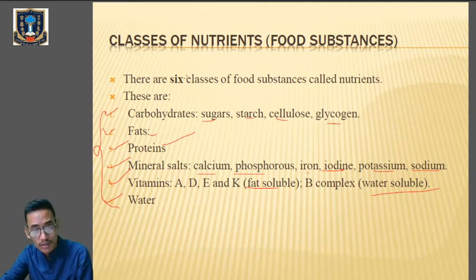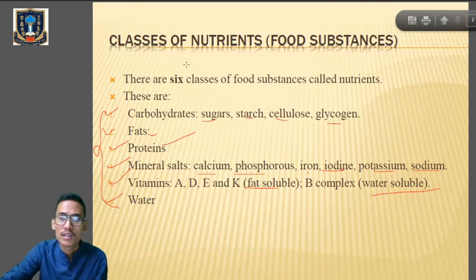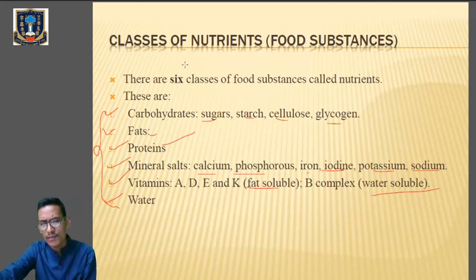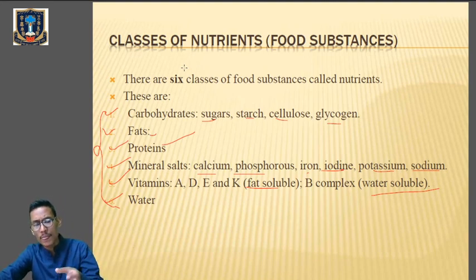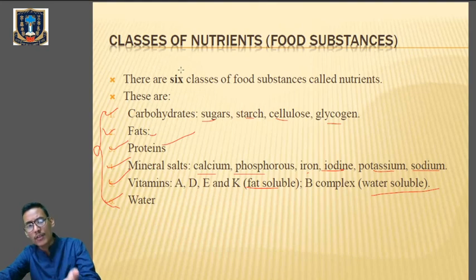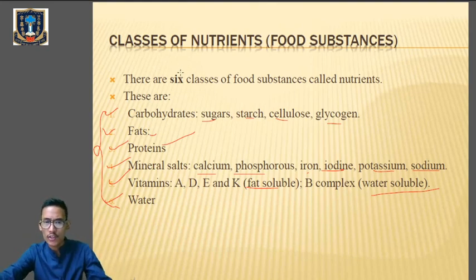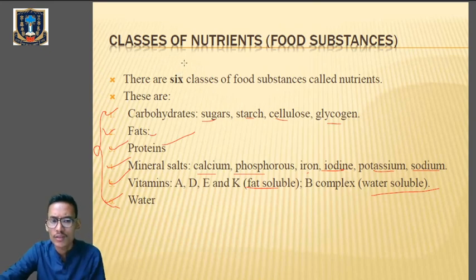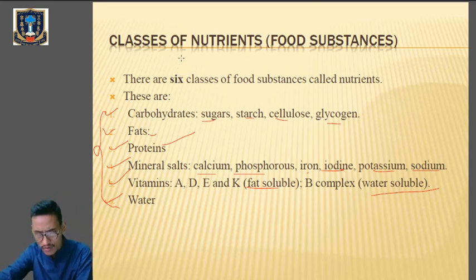These particular classes of nutrients we will begin in the next class. Today we have just gone through the basic idea of nutrition, where we have learned the definitions of nutrition, nutrients, food, meal, appetite, malnutrition, and balanced diet. We have seen the different categories of calorie requirements in an organism according to age and sex. Then we went through the need of nutrition and the classes of nutrients. In the next class we'll begin with the classes of nutrients in detail.